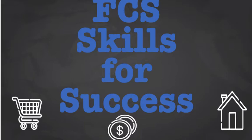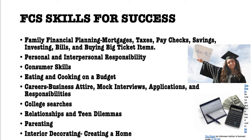FCS Skills for Success. Some of the stuff we go over in FCS Skills for Success are family financial planning, mortgages, taxes, paychecks, savings accounts, investing, how to pay your bills, buying big ticket items like cars, personal and interpersonal responsibility, consumer skills, eating and cooking on a budget,